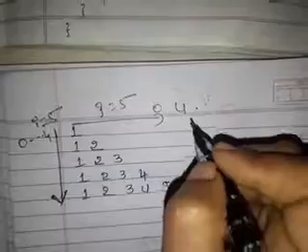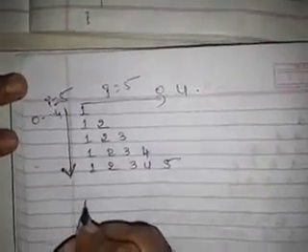So, let me explain this particular thing now. Again, build the logic for i is equal to 1, i less than or equal to 5, i plus plus. For j is equal to 1, j less than or equal to i, j plus plus. Okay. So, let me go in detail.